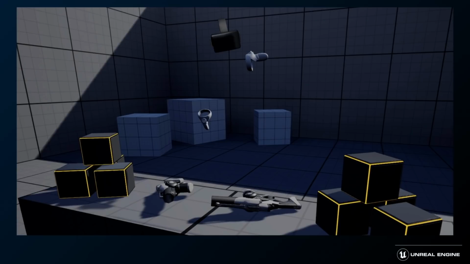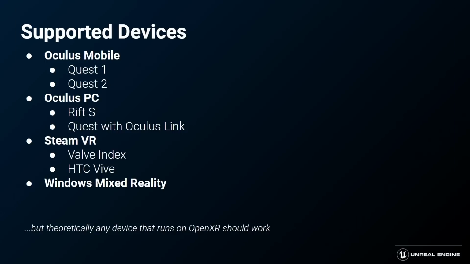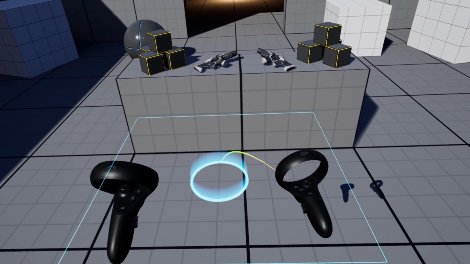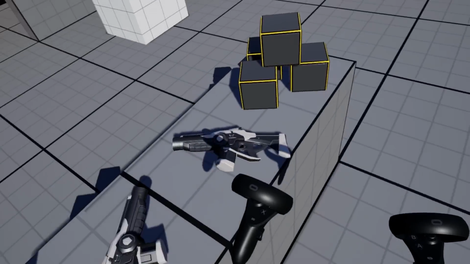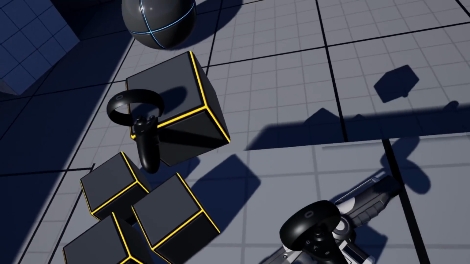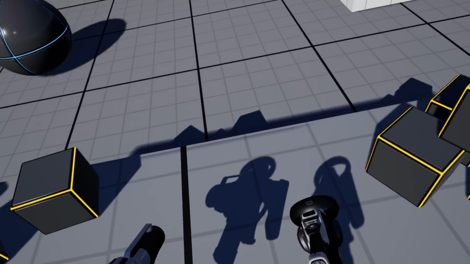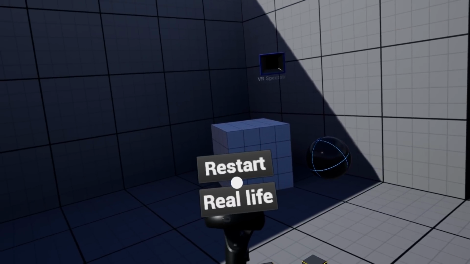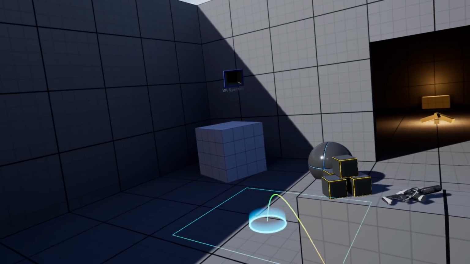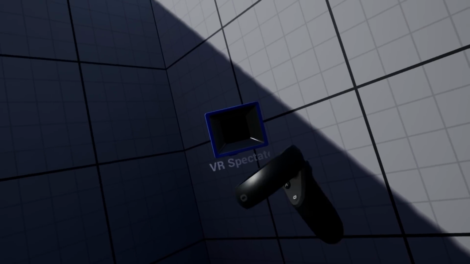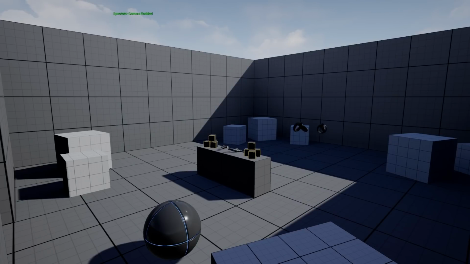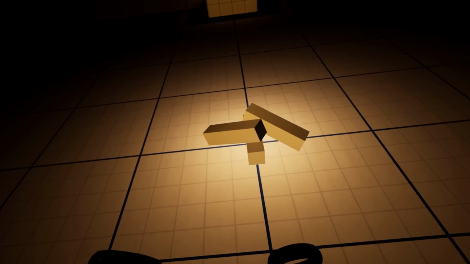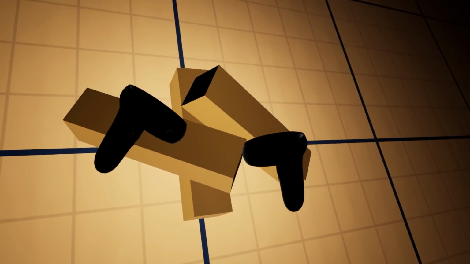It now supports a majority of VR devices out of the box and contains the following features: movement in the form of teleportation and snap turning, a component-based grab system, a framework for passing input to held objects, a hand menu that has one-handed and laser pointer style input, a VR spectator blueprint that enables a third-person perspective, great for screenshots or videos such as this one, and a spatialized audio example powered by the Google Resonance plugin.